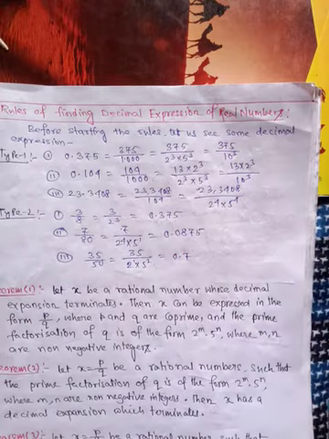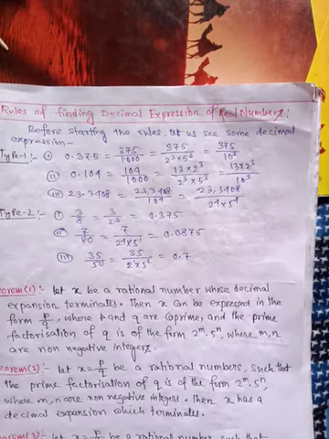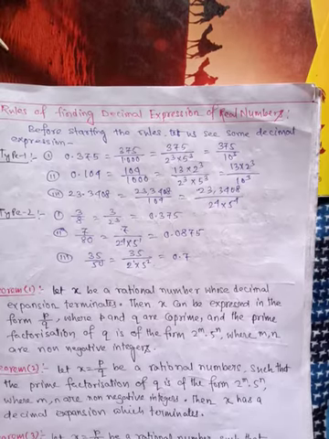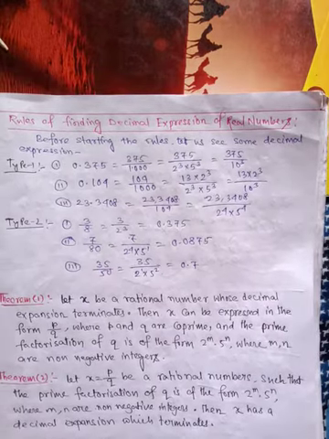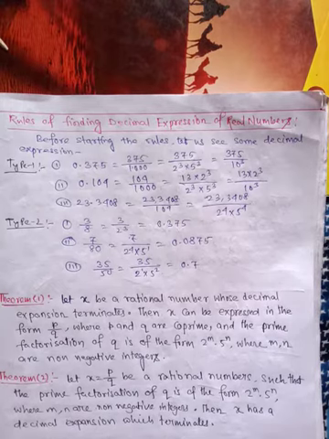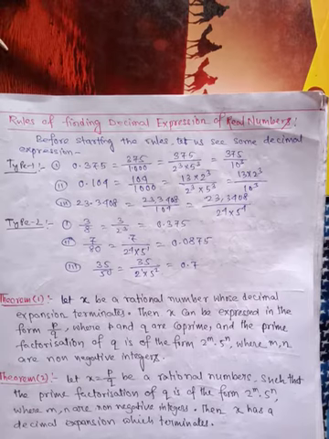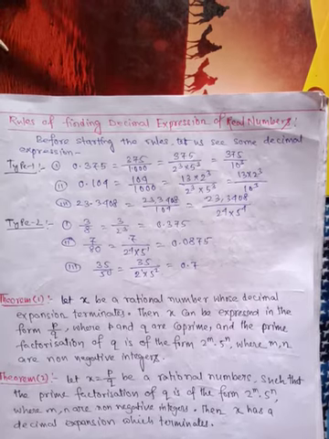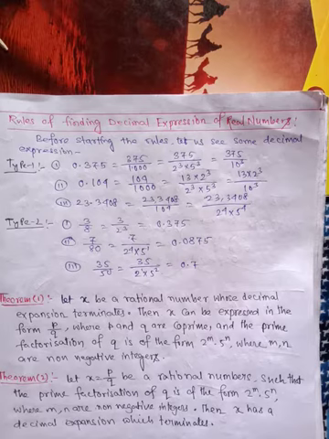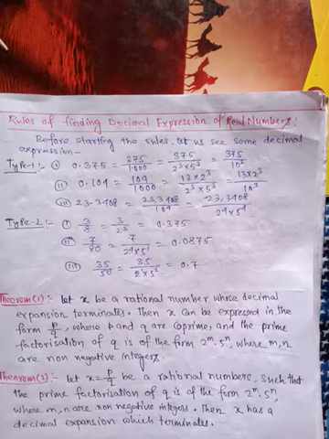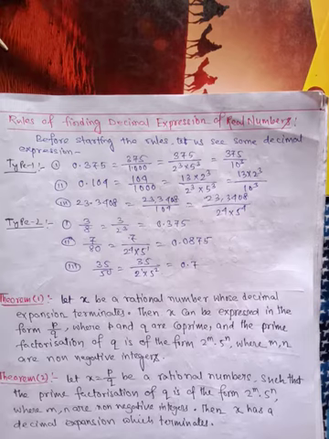In the previous video we discussed the decimal representation of rational and irrational numbers. Decimal representation is of three types: terminating, non-terminating repeating, and non-terminating non-repeating. Today, in this video, we discuss some rules for finding the decimal expression, by which you can say whether a number is rational or irrational. So let's start.